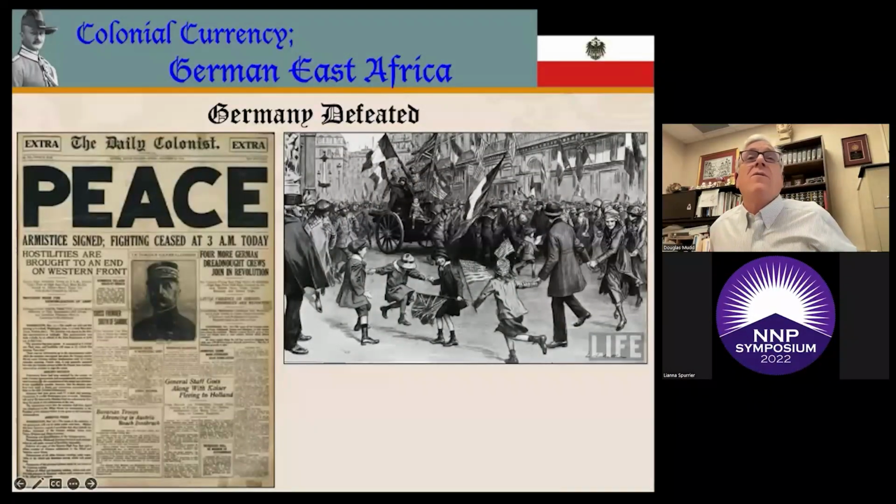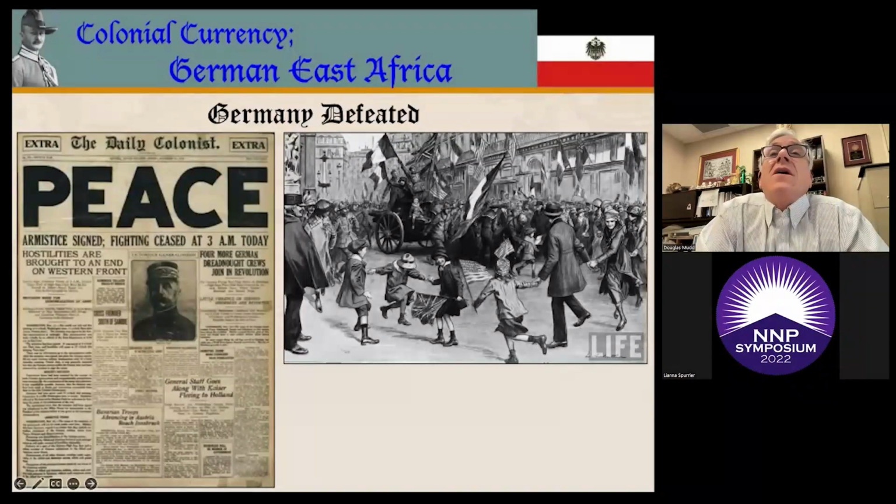General von Lettow-Vorbeck was never defeated in battle and only surrendered after learning about the armistice, 3 days after the cessation of fighting. Von Lettow-Vorbeck finally surrendered on 25th November 1918, 2 weeks after the official armistice of 11th November, at Abercorn in modern Zambia. At the time of the surrender, 155 Germans and 1,168 Askaris laid down their arms and were granted full honors of war. The British repatriated the white German soldiers, but confined the Askaris in squalid camps.